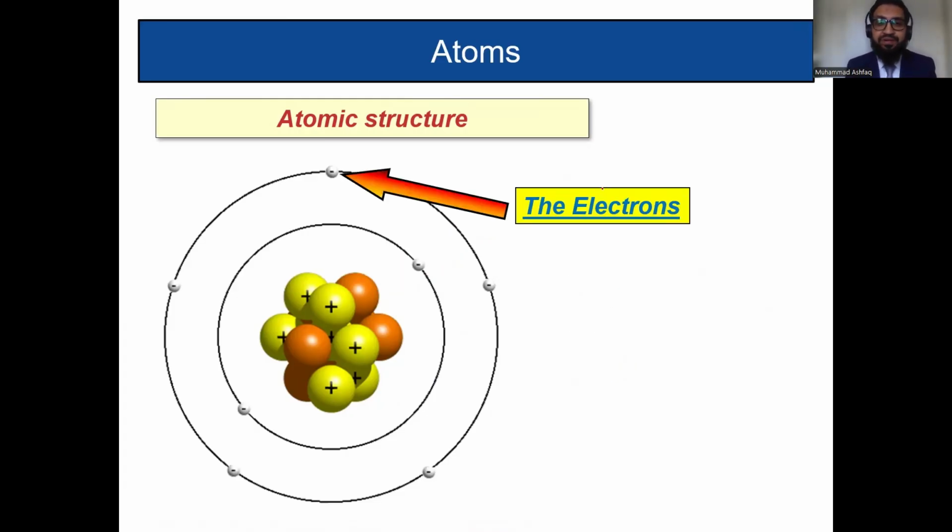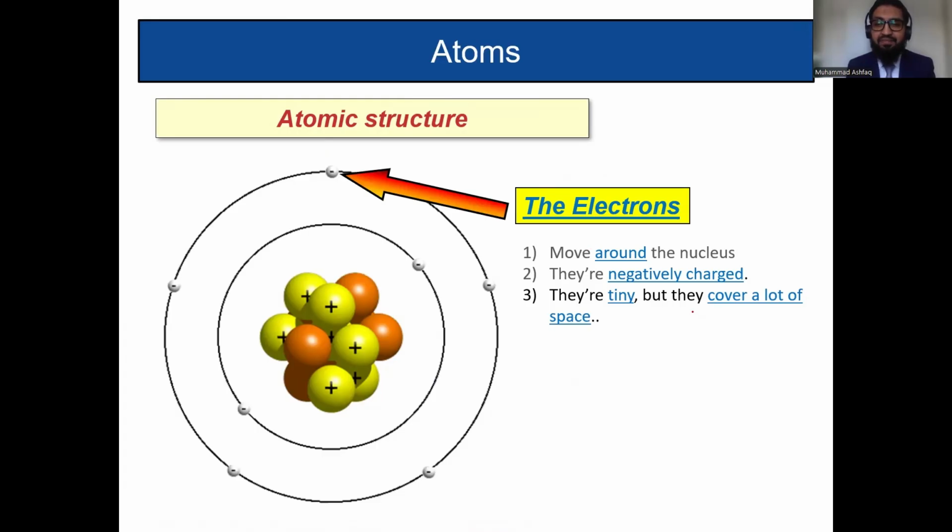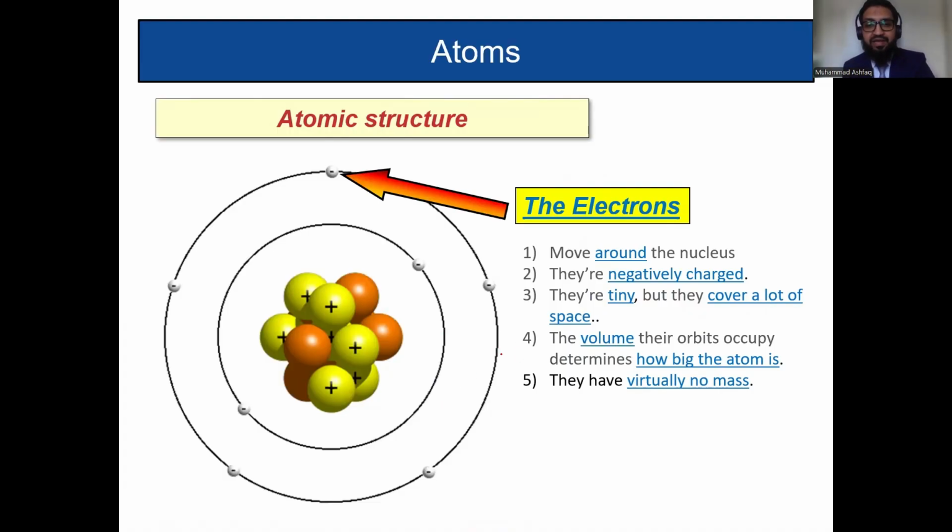The third subatomic particle we name the electron. You can see these revolving around the nucleus, and they carry a negative charge. They are tiny, but they cover a lot of space. You can say that everyone has their personal space. The volume their orbits occupy determines how big the atom is. For example, if an atom has only one shell, it's smaller compared to an atom that has two shells. They have virtually no mass, but they occupy shells around the nucleus,